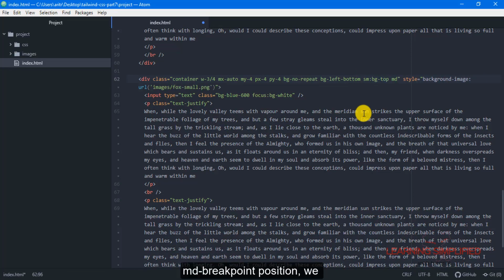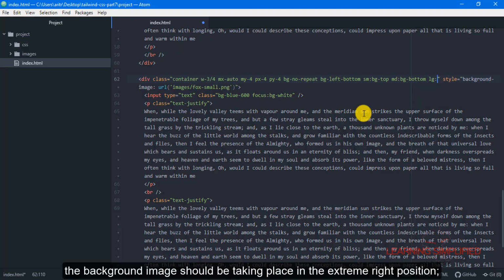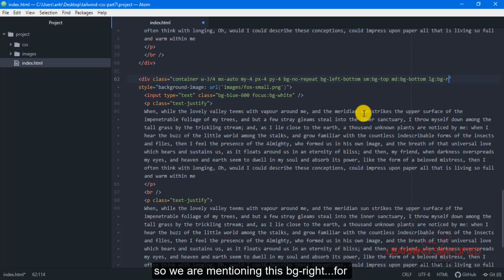For this MD breakpoint position, we are setting that it will be at the bottom. For the LG breakpoint position, we are setting that the background image should be taking place in the extreme right position. So we are mentioning this BG right.